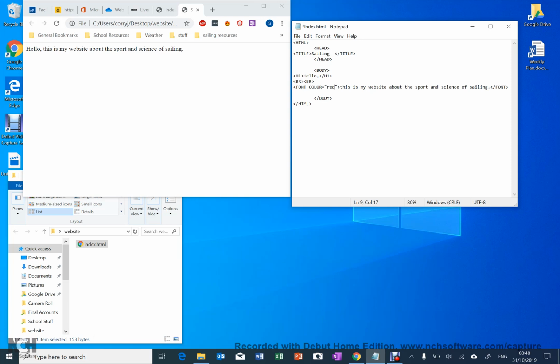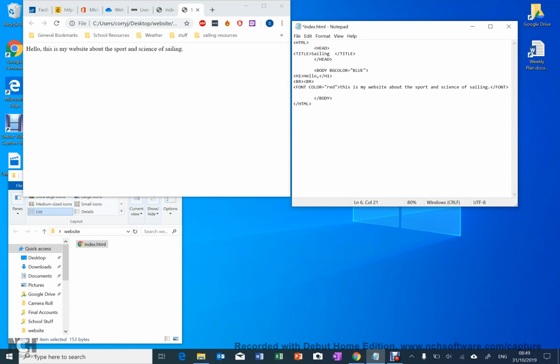And I can center everything that I have here. I can do a variety of things here. Another thing that I might decide to do is change the background color. So I'm going to go to the body tag, and in the body tag I can type in BG color. That changes the background color. And let's say I've decided to have my writing as red. Now hello is still going to be black, your normal color. So I might decide, let's say, a blue might go well with red. So if I just type in blue,